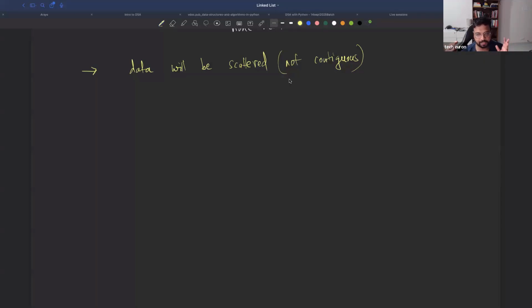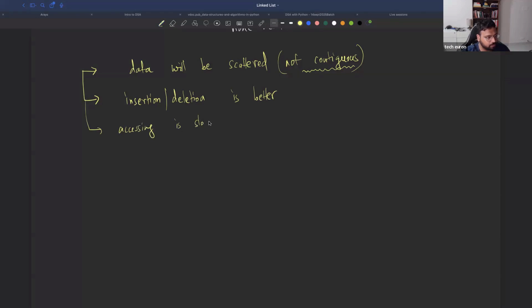But if the data is scattered and there is no need for this contiguous property, then we will feel a little bit relaxed in terms of adding and removing elements, क्योंकि हमारे पास कोई लिमिटेशन नहीं है कि हमें 10 ही चाहिए, 20 चाहिए. डायनामिक है, जितना मर्जी ऐड करो, as long as you have memory. You don't have to bother about contiguous memory. So data is scattered, so insertion and deletion are better. But the problem is that accessing is slower, because we need to traverse from the first node,